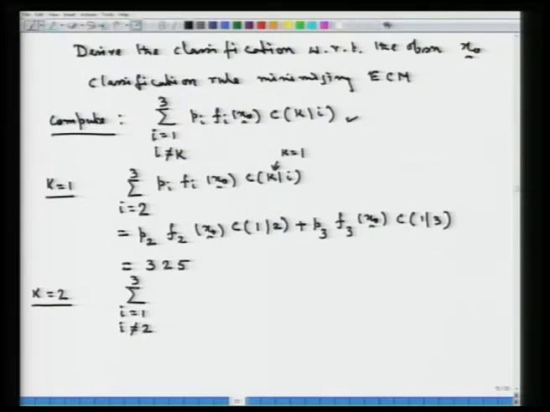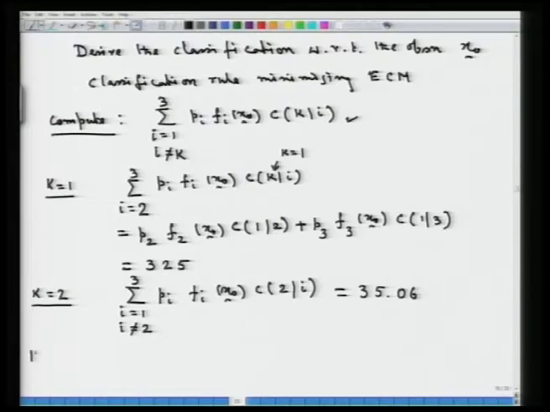So, the two terms in this summation correspond to i equal to 1 and i equal to 3 of the expression Pi Fi x naught into C 2 given i. One can similarly compute it from the previous cost prior table, and this turns out to have the value